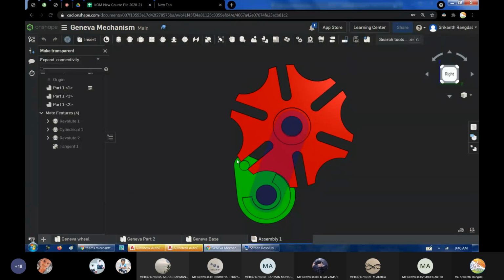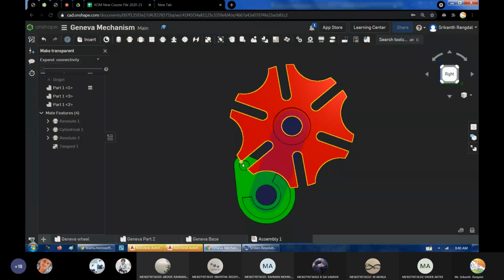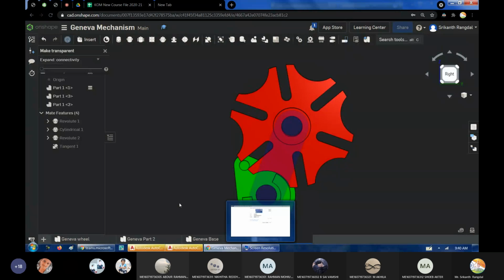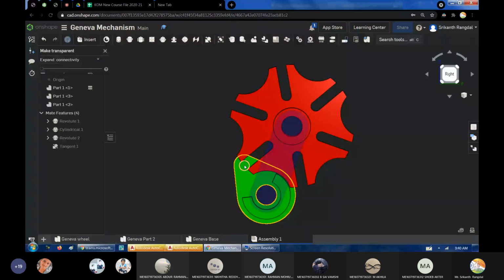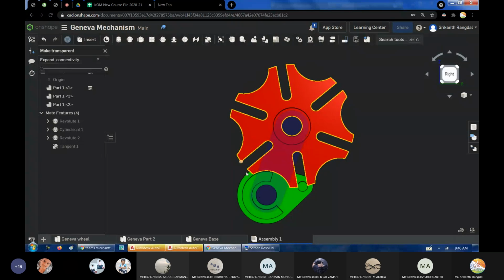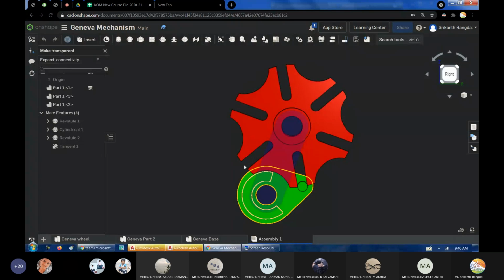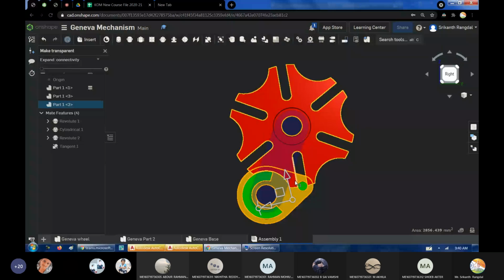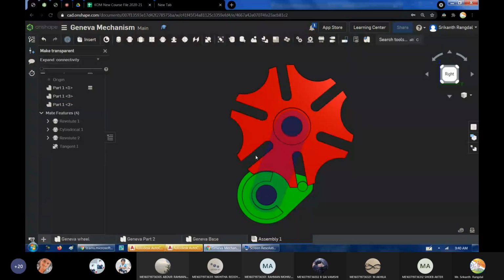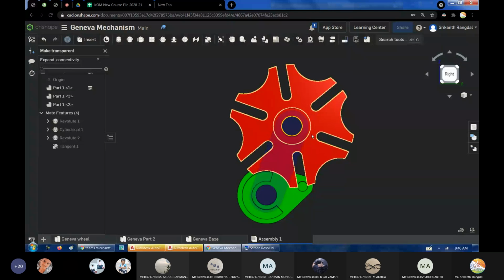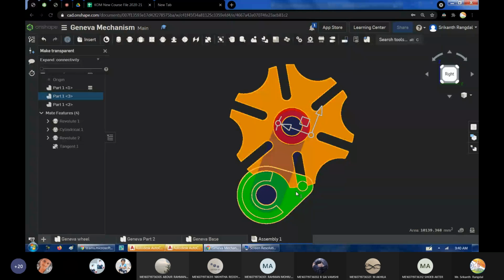You can see here from this angle, is it possible for me to draw something on this? I don't think so. So from this angle to this angle, you can see it's an obtuse angle, but less than 180 degrees. Because the green link is rotating at constant speed, the time taken for this motion, wherein it is engaged with the red link, will be less.